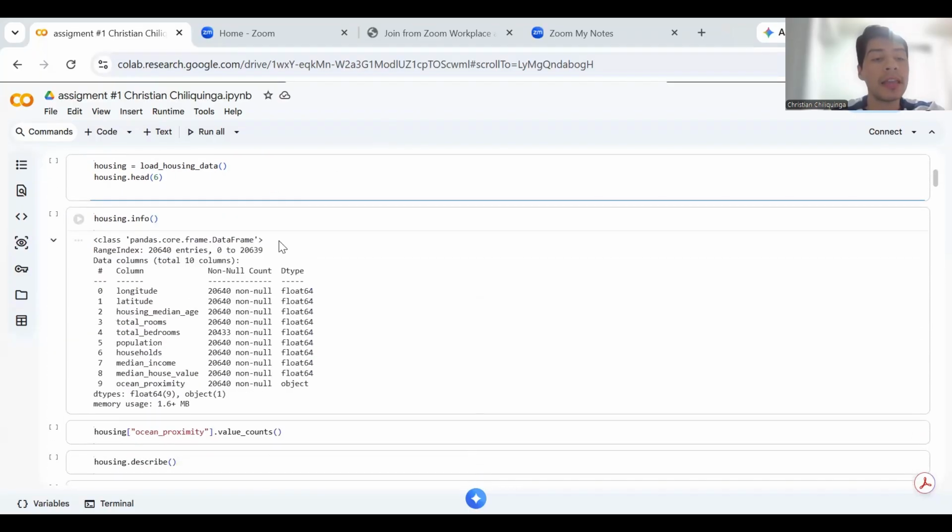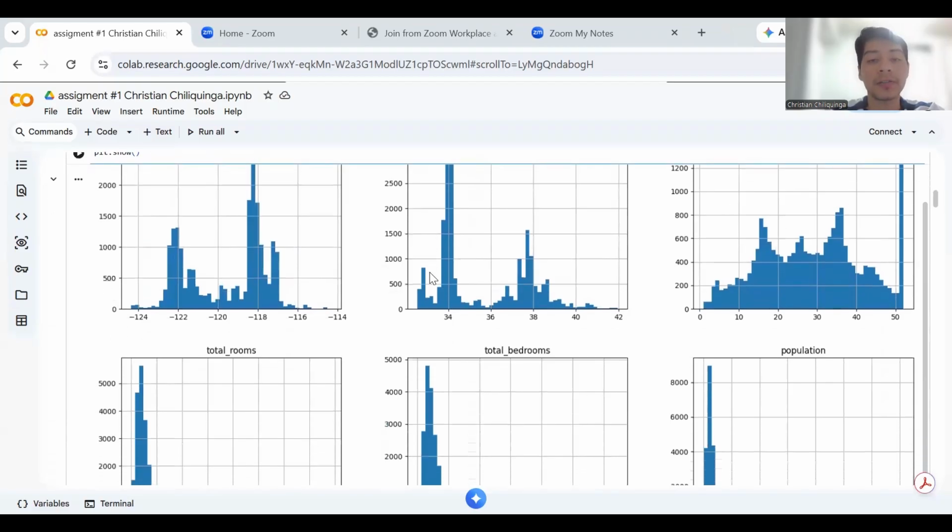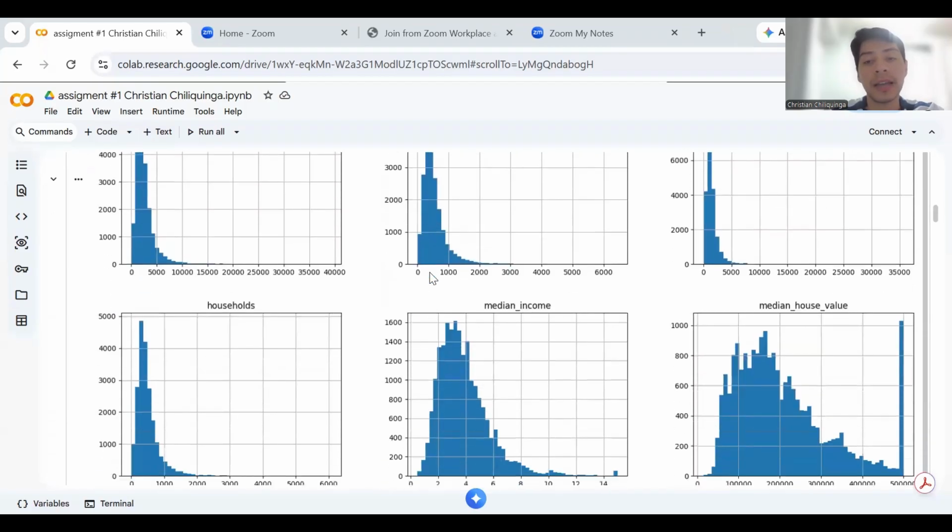Now, when we get the info from this data and the features, we can see some problems here: the total bedrooms has some missing values, and almost all the features are numerical. Just the ocean proximity is a category. Then, when we plot the histogram for our features, we can get some insights